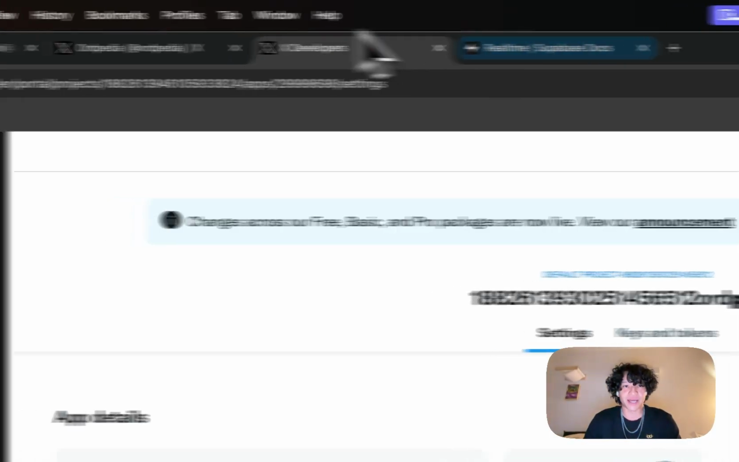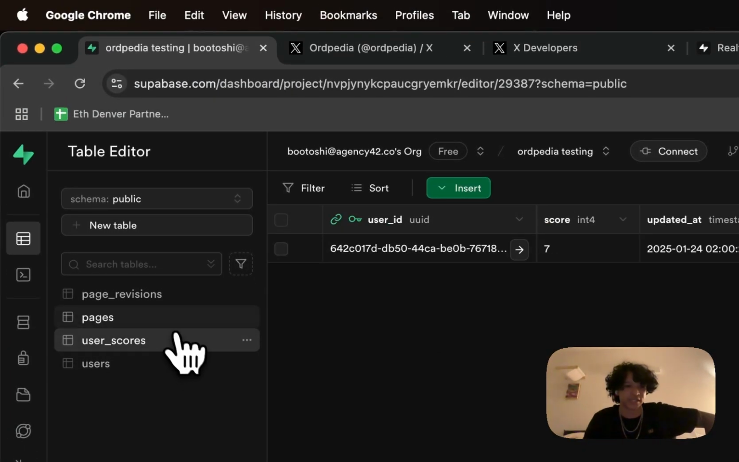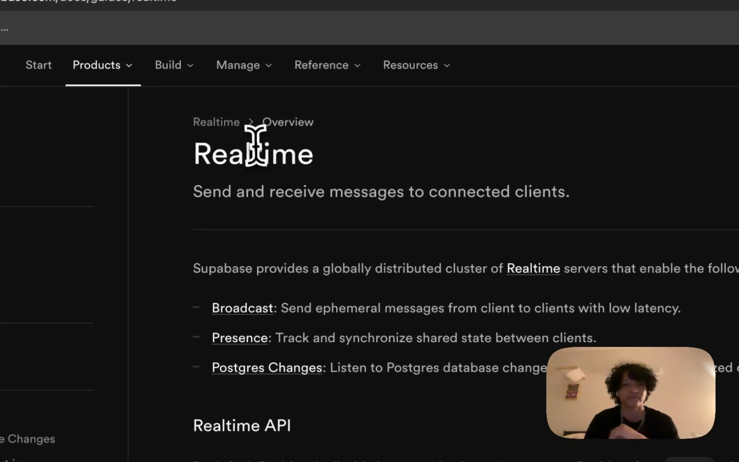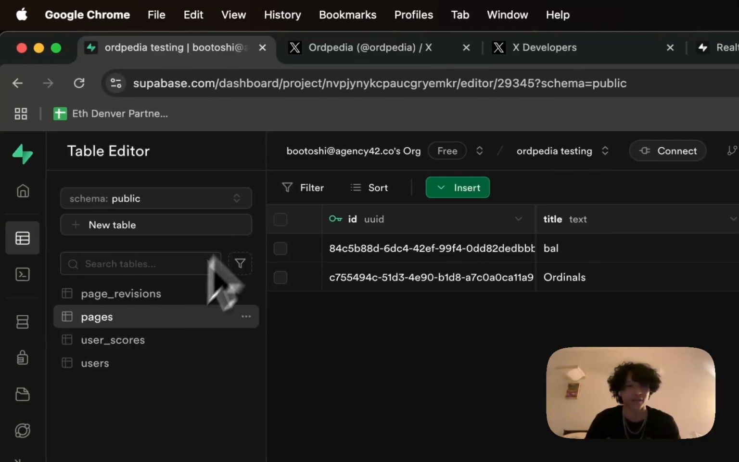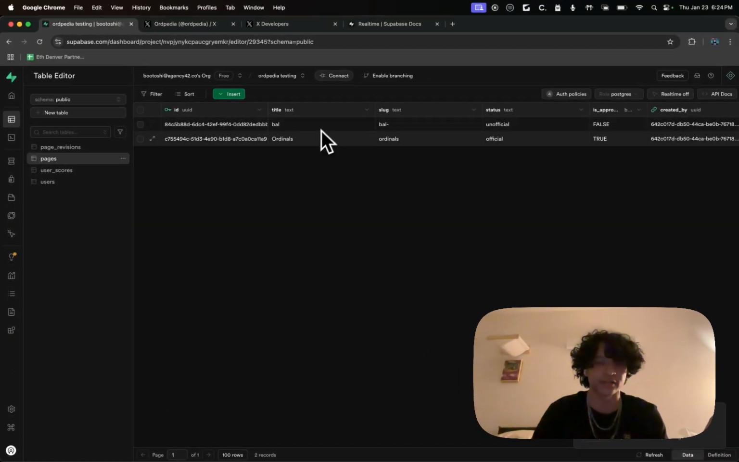So my current database for Ortpedia runs on Supabase, which is a database system. And Supabase has a real-time feature where it sends and receives messages to connected clients. The way that my site works is that when someone posts a page, it automatically updates the Supabase database with